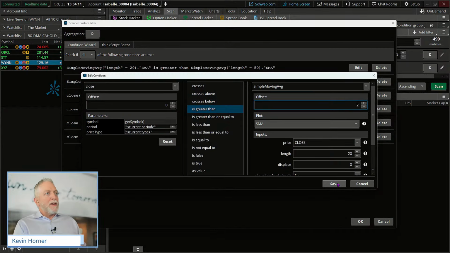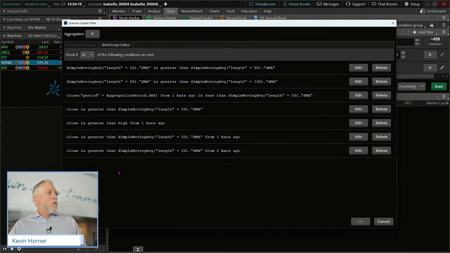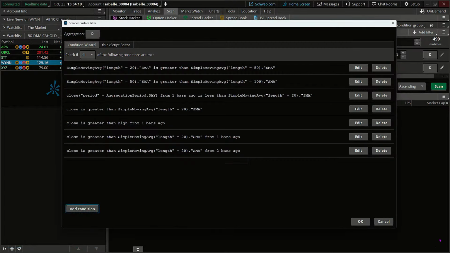So the scenario here, at least the one that I was planning for, was the idea that we want to see it above that period for multiple closing windows, right? Multiple days. And so we can play with that by adding in closes greater and adding in from 1 bar ago, from 2 bars ago, from 3 bars ago. So here you're basically stating today would be offsetting only.